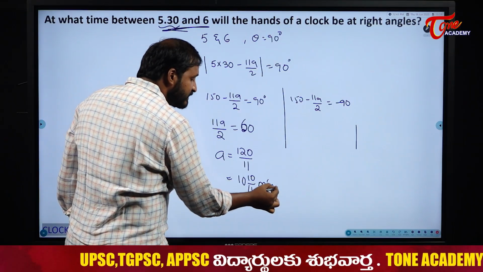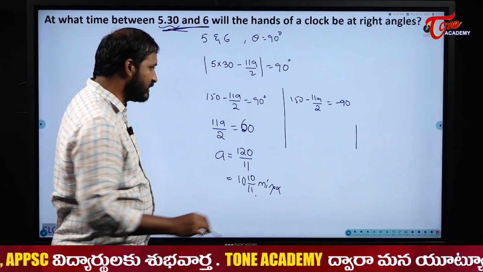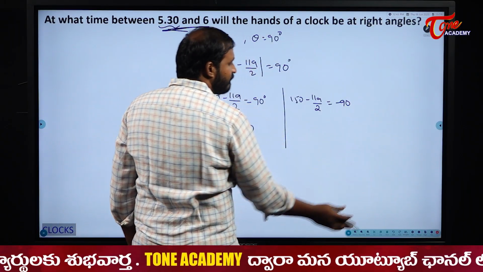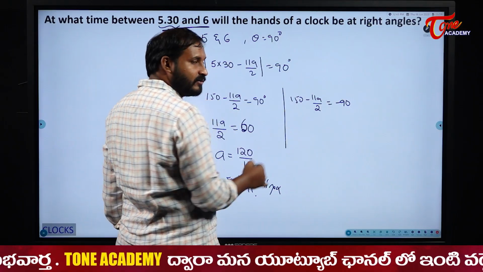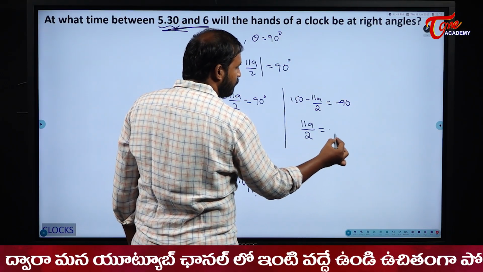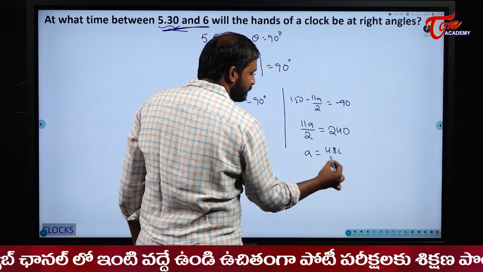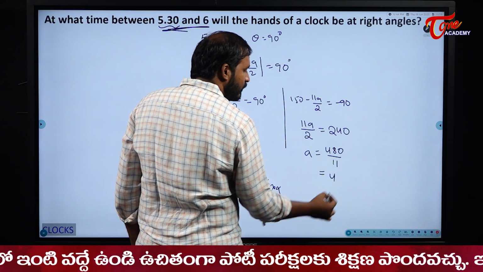This is correct, but this is not our required answer. Now solve this one, we will get our required answer. Now when I send 11a by 2 to that side and minus 90 to this side, it will become 11a by 2 is equal to 240. So a value will become what? 480 by 11. 480 by 11 means 43